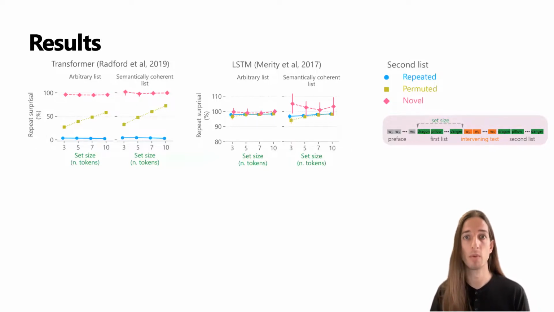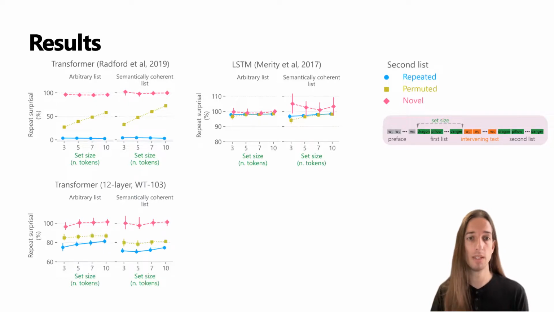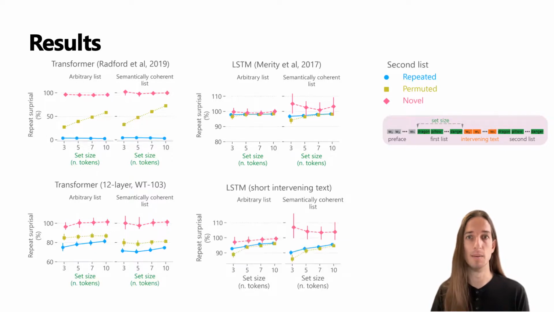Now, in the paper, we report a range of experiments trying to better understand the nature of these effects. For example, we trained the transformer model on a smaller corpus. We see that the effect persists, albeit it is dramatically reduced. Similarly, we tested the LSTM on a simpler paradigm. When the intervening text between the two lists was made very short, we can now see a repeat surprisal reduction of 5 and 10%, a small memory effect, but we did not have evidence that the LSTM representations contain information